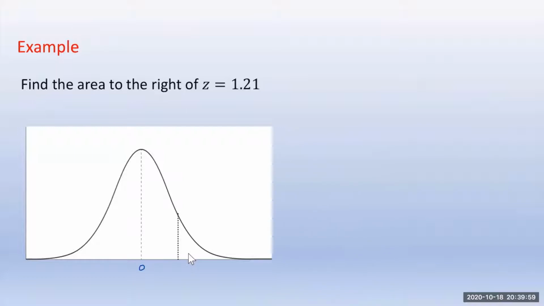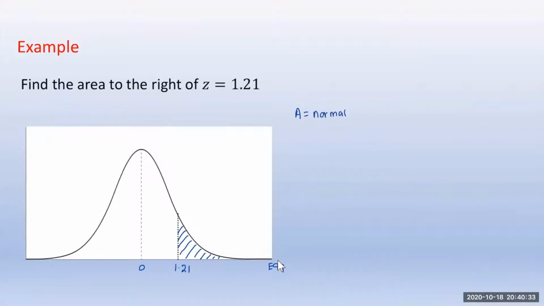So suppose that value is 1.21, and we want to find the area to the right of that. Area to the right of that, this is the area we want to find. And in order to find that area, you can see that the lower limit for the area is 1.21, and this area extends all the way up to infinity. In our calculator, we use E99 for infinity. So the area is equal to